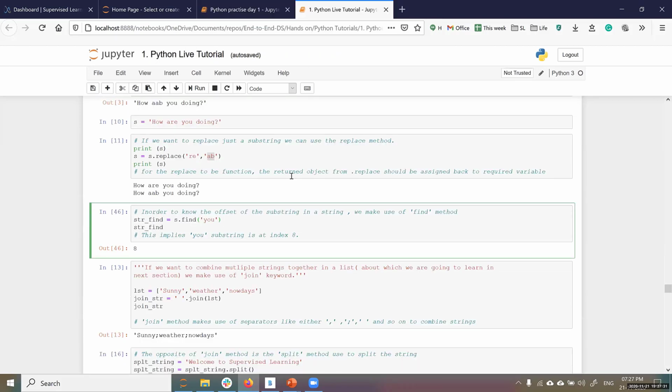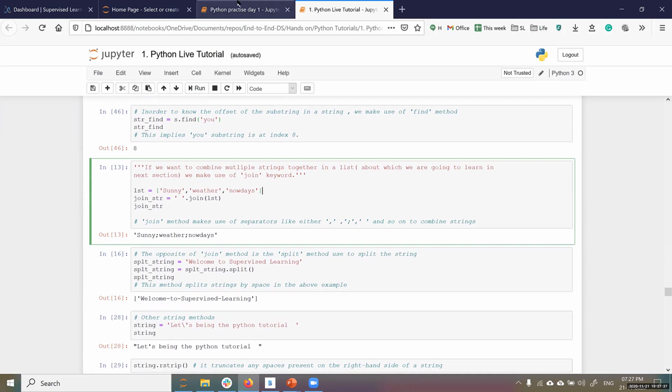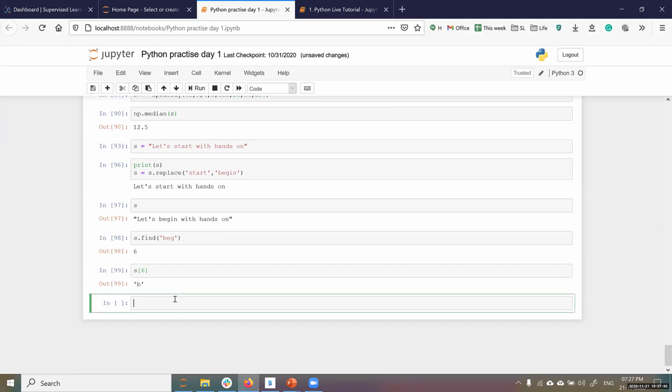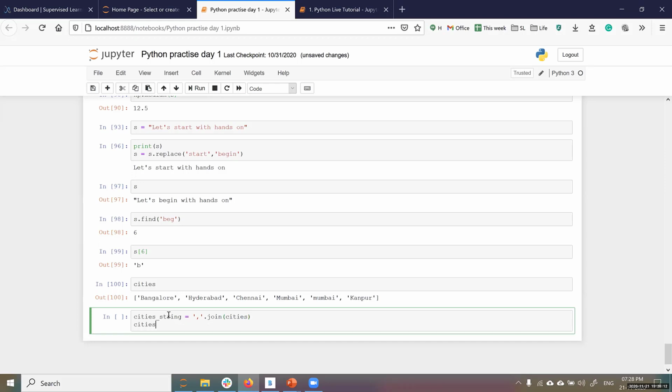That's string.find, and join is one more method where you can join multiple strings. So I think we still have cities. Cities underscore string is equal to parenthesis dot join, and you just pass the list and you'll get a new string.